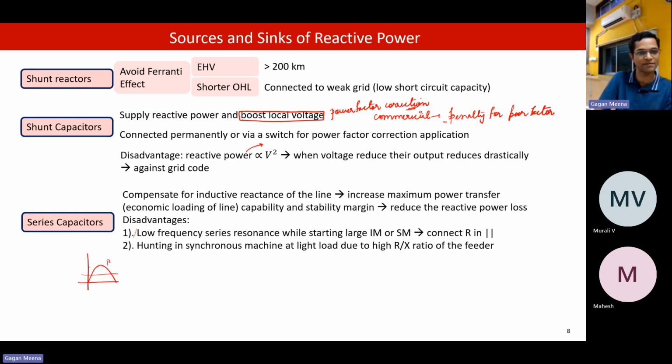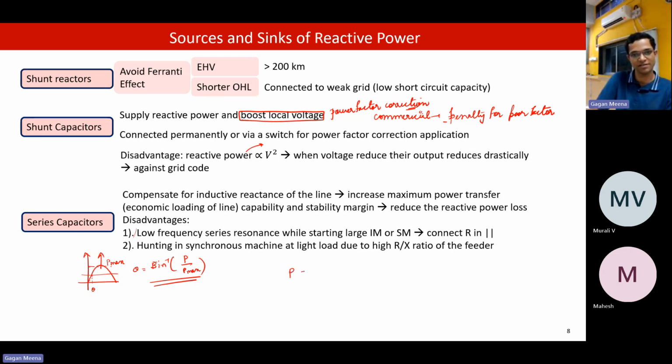And this is the P max, and this theta will be equal to sine inverse of... If we increase this P max, then our job is done,